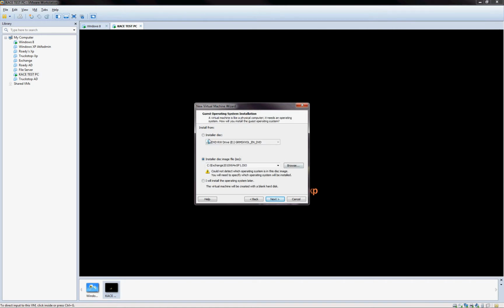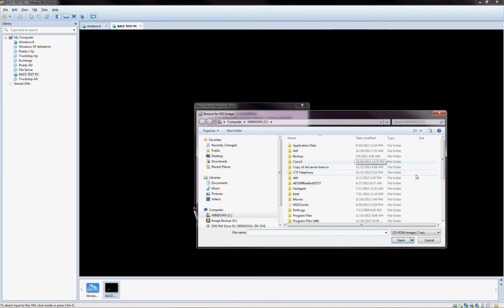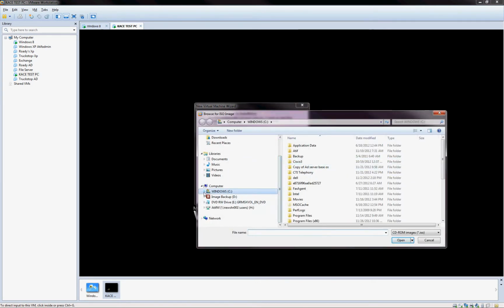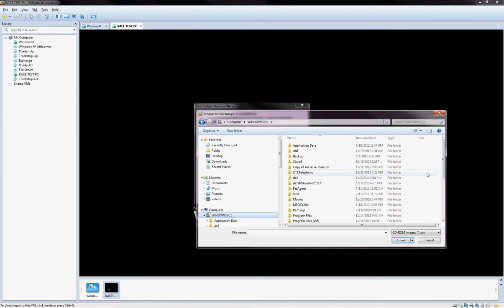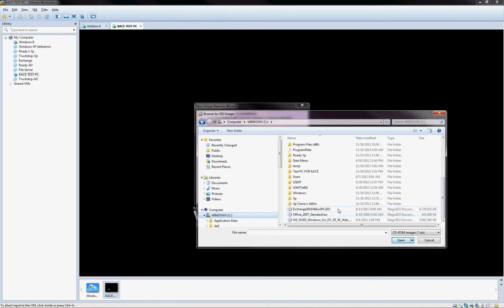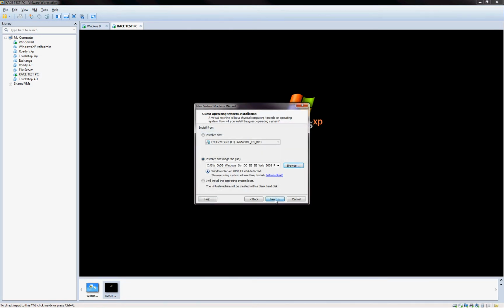and if you have a disk, you will have to select the first option and it will install from your disk. In my case, I have an ISO image saved in my computer, so I will select the second option and click Browse, and I will navigate to where it is saved, the Server 2008 ISO. Select open, click next. Once you click select, it will verify it,